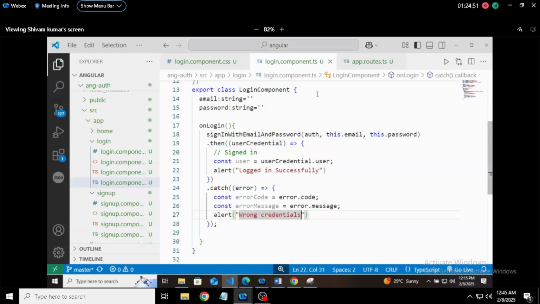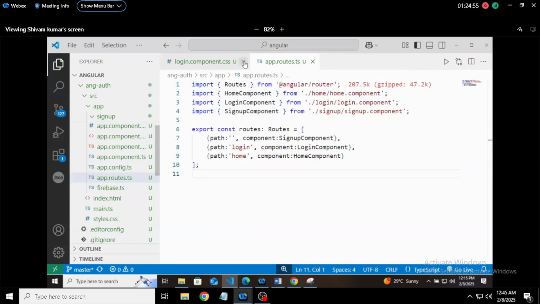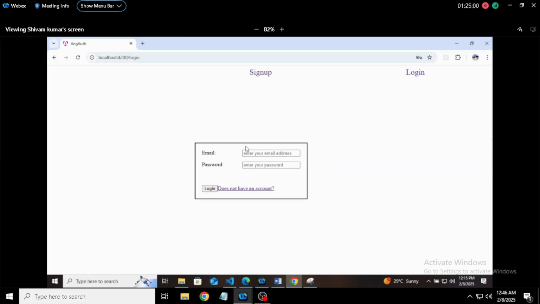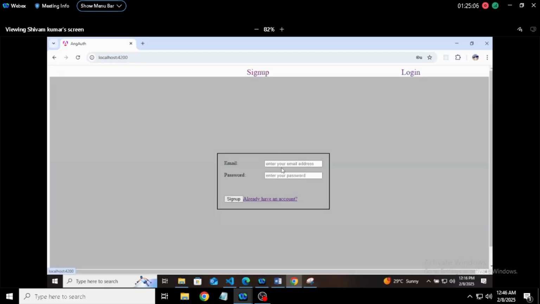Okay. So now the first thing that we are going to implement in this application. The application is working fine. There is no problem with the application. The first problem is whenever a user has created an account, it should take the user to the login page, right? It should take the user to the login page. For that,